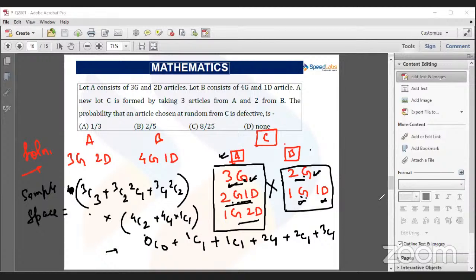तो पहले हम लोग लॉट सी कैसे बनेगा उसके तरीके निकालेंगे। Once we get the number of ways that the lot C can be formed, उसके बाद हम लोग उस लॉट में से हमारे फेवरेबल कितने होंगे वो निकालेंगे। ठीक है।